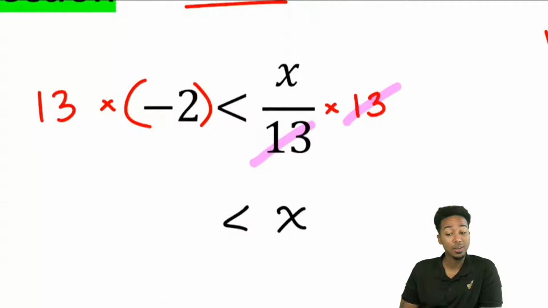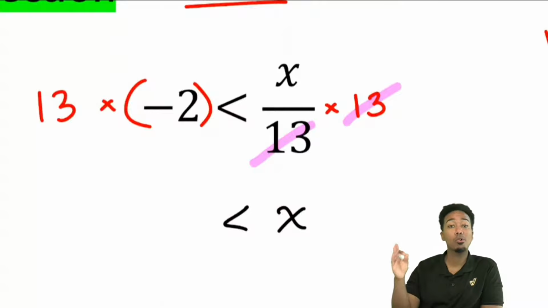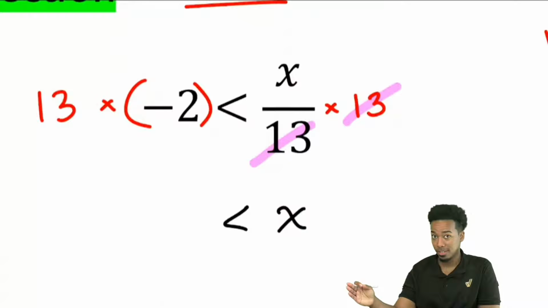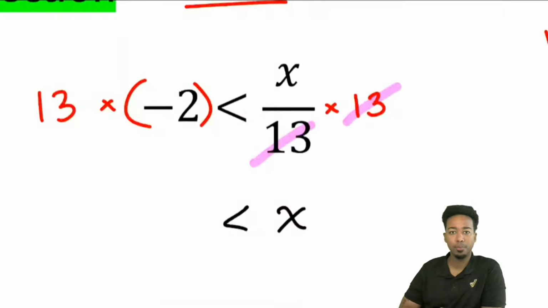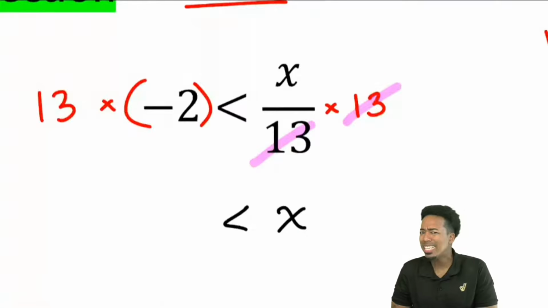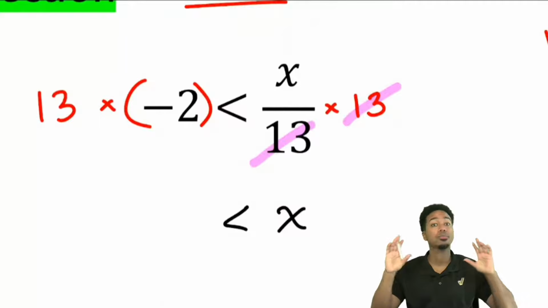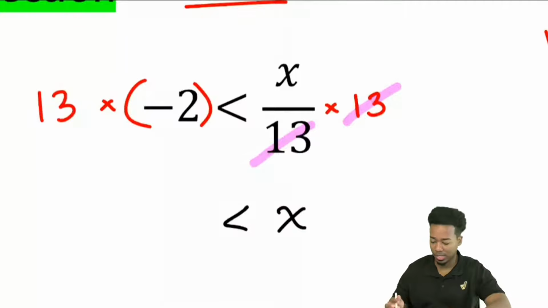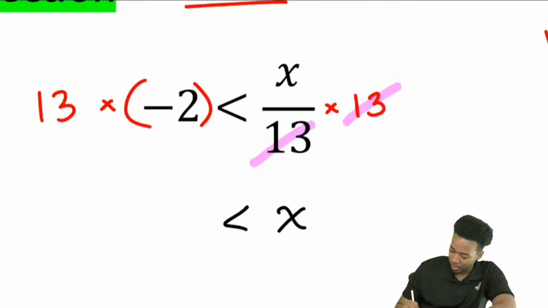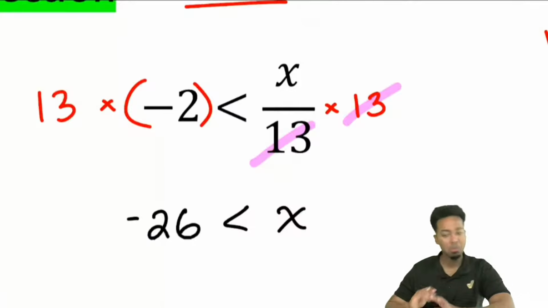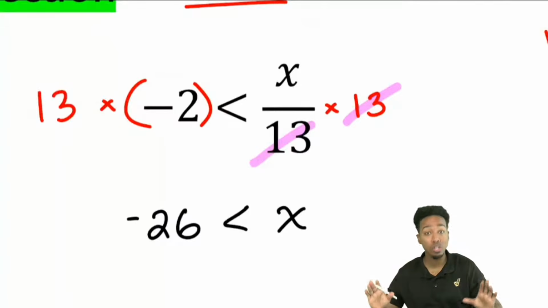Yeah, that's exactly correct. There's no negative. I told you, when you multiply or divide both sides by a negative, you flip the symbol. When I did this here, I multiplied both sides by 13. Is that 13 negative? Nope, not negative, so don't flip it. So with that said, 13 times -2 will end up being -26. No hassle there. We're good.